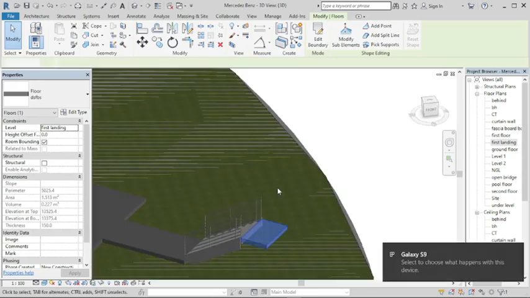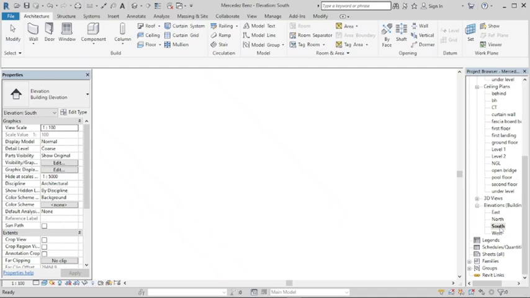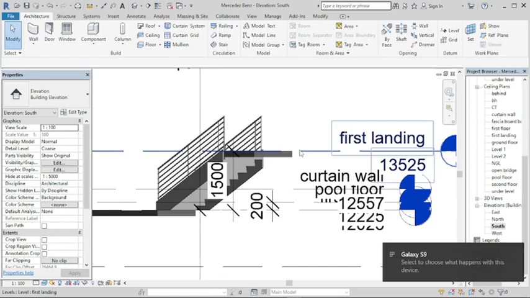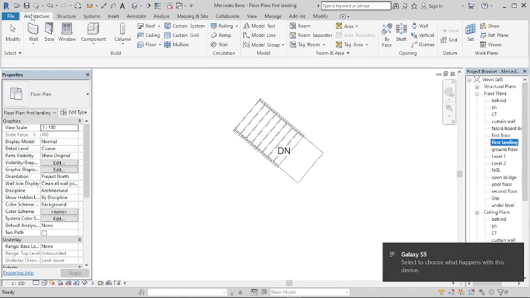So we want to create another staircase that's going to lead up to the final landing that we're going to have. So we'll go to south elevation to check the level, and then we see the level is still first landing, so we can also create our next staircase from the first landing level. So to do that, go to architecture, stair, and then